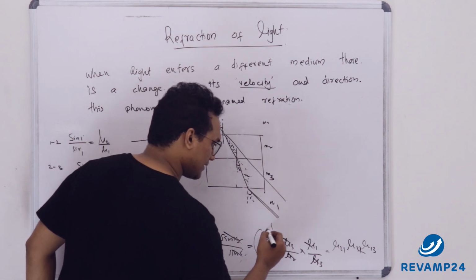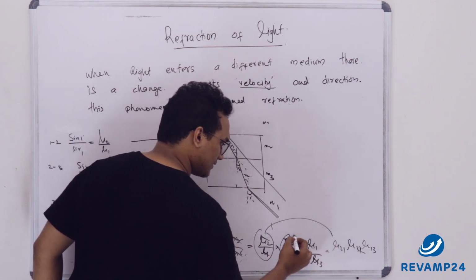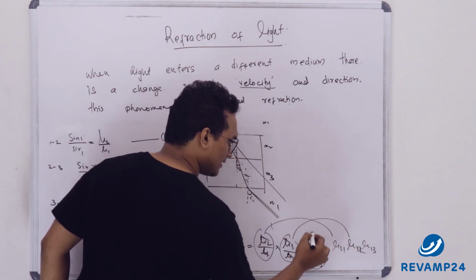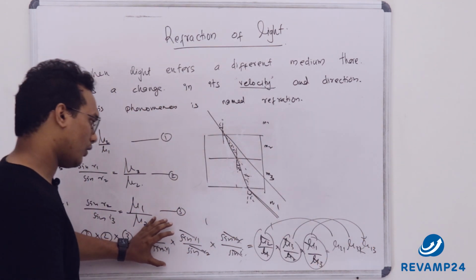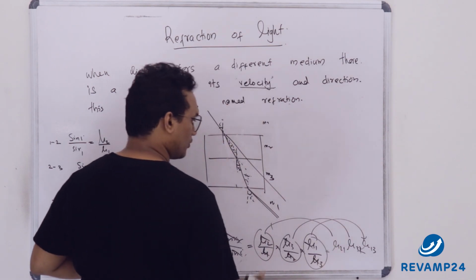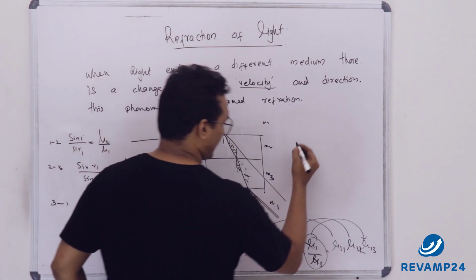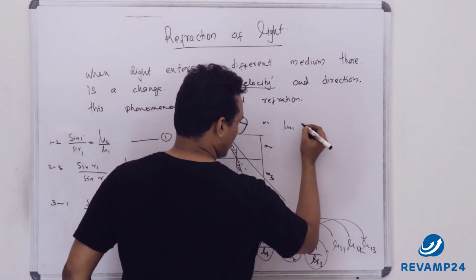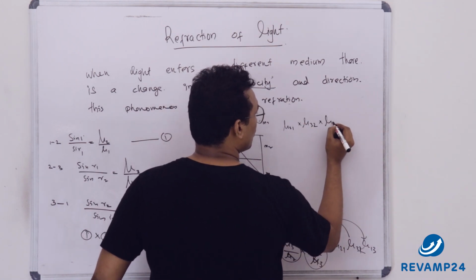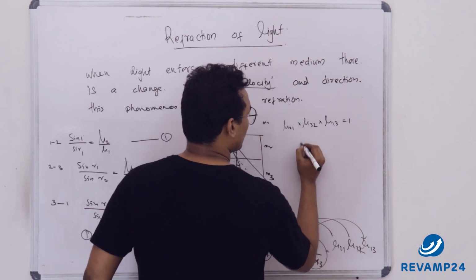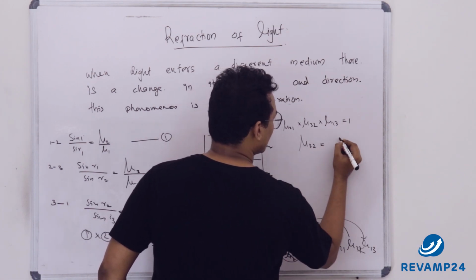I have just replaced this as this, and this as this, and this as this. So on the LHS it is 1 itself. Now I can say that mu21 into mu32 into mu13 is equal to 1, or mu32 is equal to 1 by